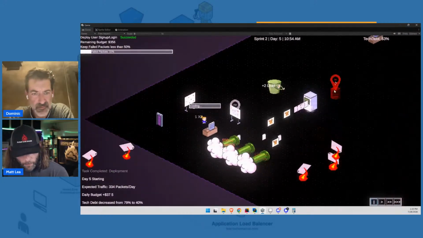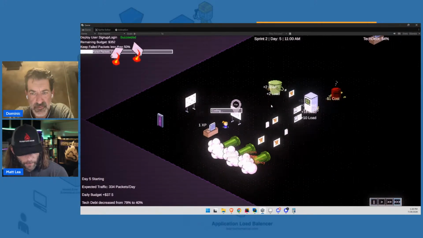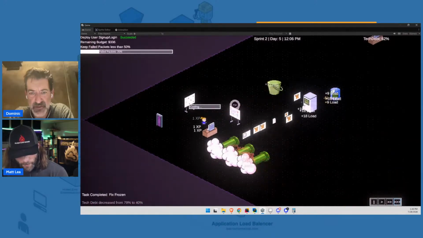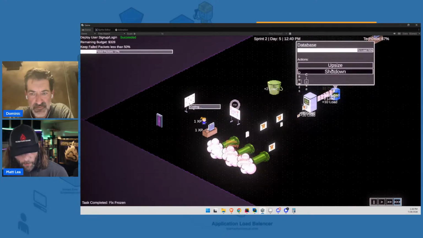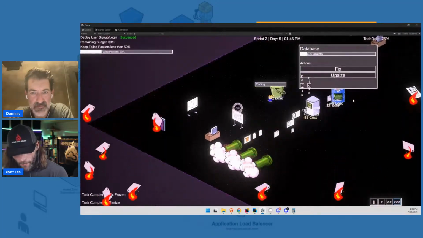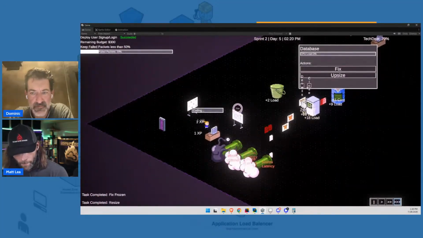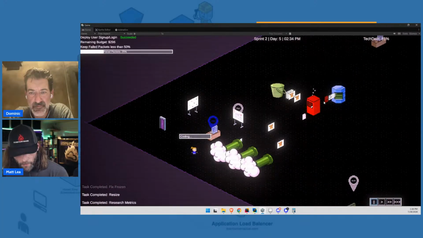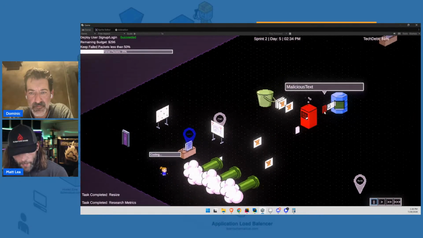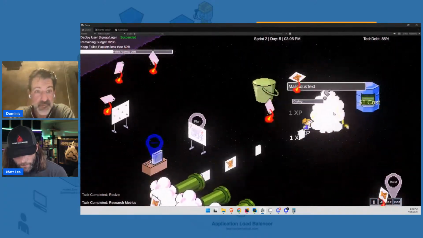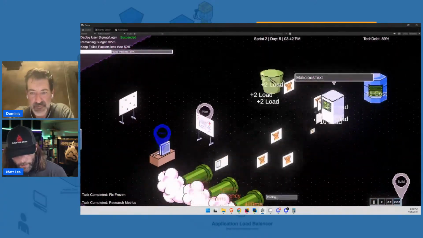And we went down. That's going to be rough. Can you upsize the database? I haven't researched it. Oh, wait, I meant I unlocked it. Never mind. Okay, and I also made it so you can upsize without fixing. So if you fix it, interesting. Oh, I got hit with a malicious packet there. That's what did the load on that one. And you see the latency started to play into effect.